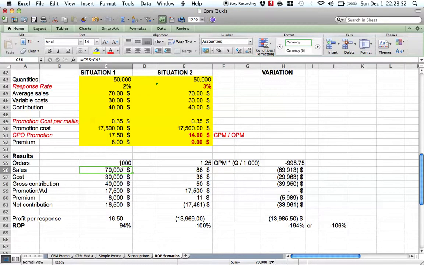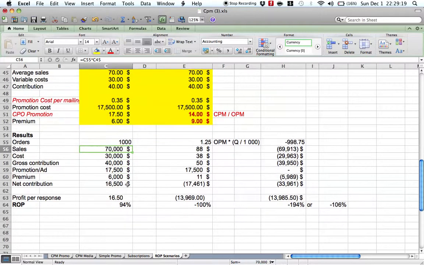Translates into how many sales. Simply take the amount of orders you converted and multiply that by the average sales you make per order. 1,000 times 7 equals 70,000. Same thing for cost. $30 per order times 1,000 equals 30,000. And it's the exact same thing for contribution margin, gross contribution. Take sales minus cost equals 40,000